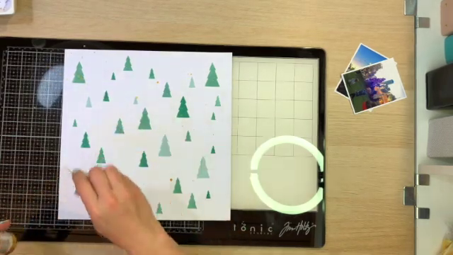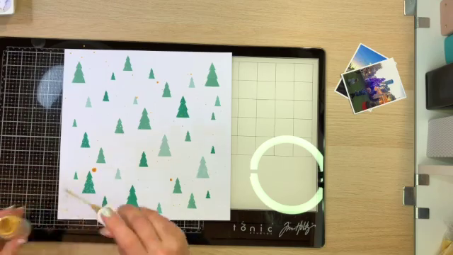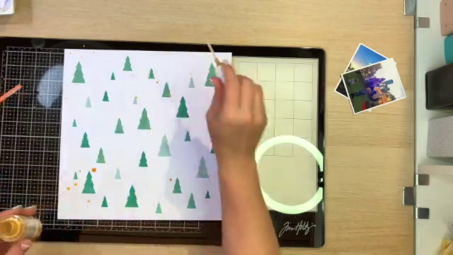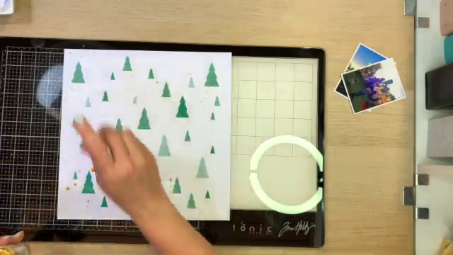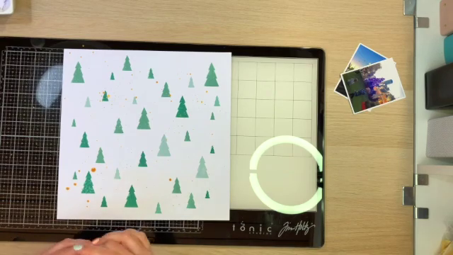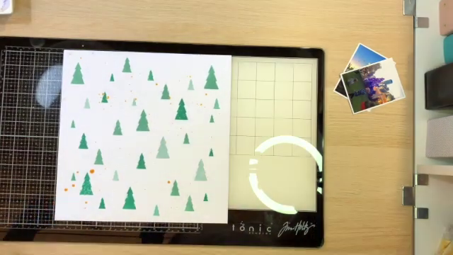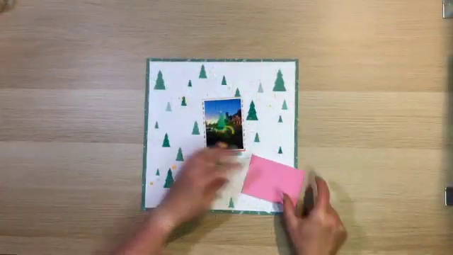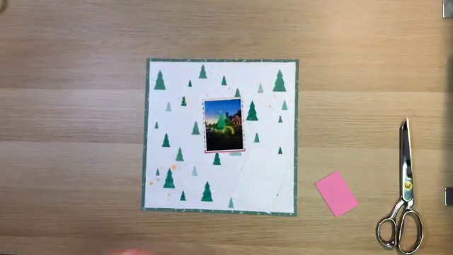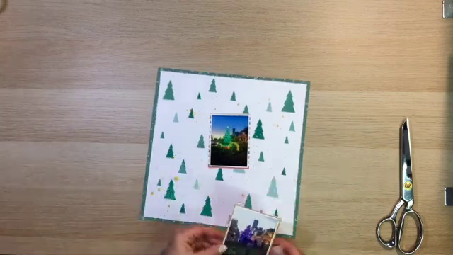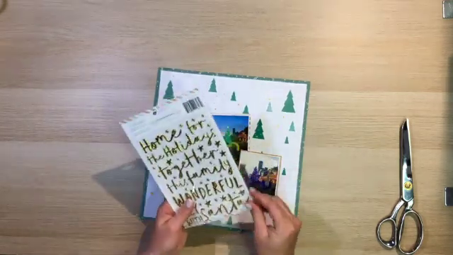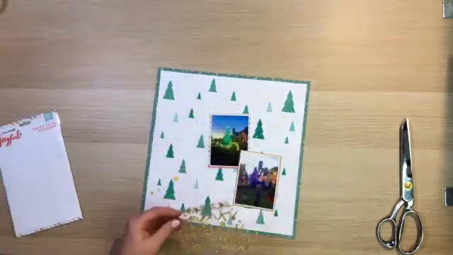I want all of it to dry, and I don't want to use a heat gun. So I left that dry naturally, and then I do come back in a moment and you'll see the finished background. I do go ahead and trim it down. That's probably 11 3/4. I really didn't trim too much off, and I've matted it on some